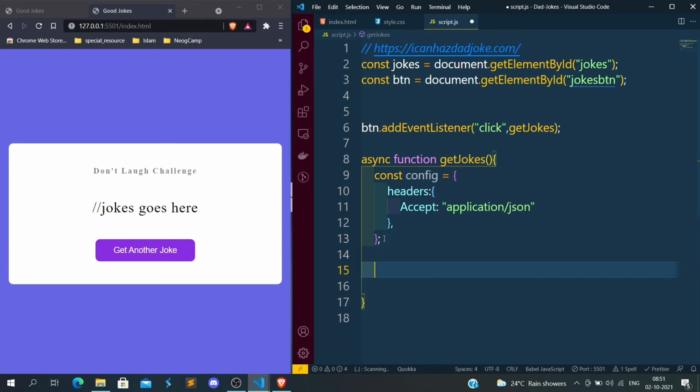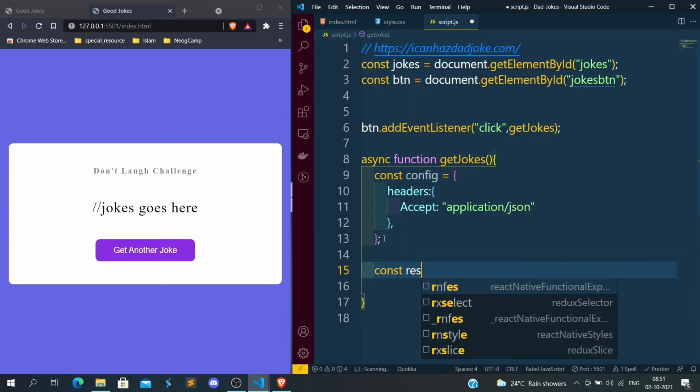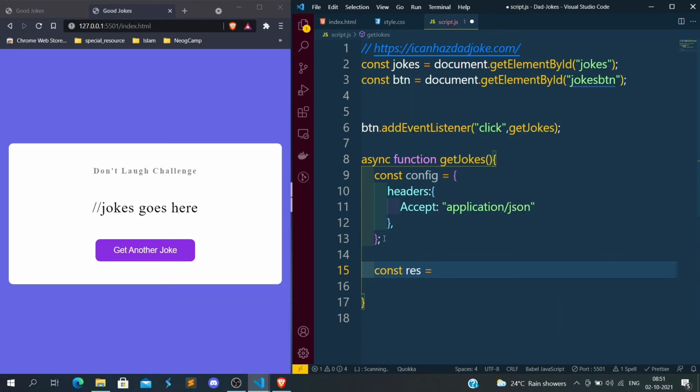We have to wait for the response and then get the response. So basically the API returns a promise, which is an asynchronous type, so we have to wait and take the response. That is why we have given async, and then we will give the await also while taking the response. Okay, so here I'm giving the await.